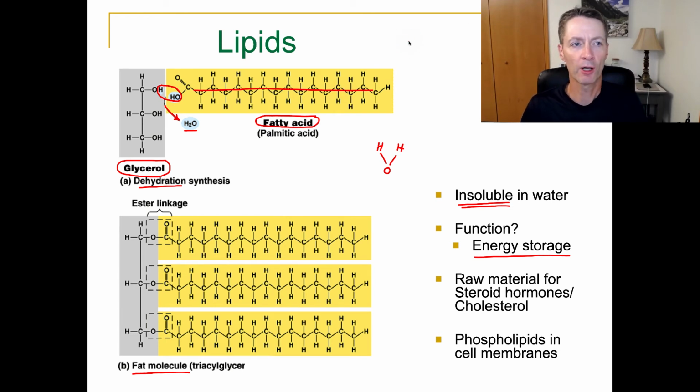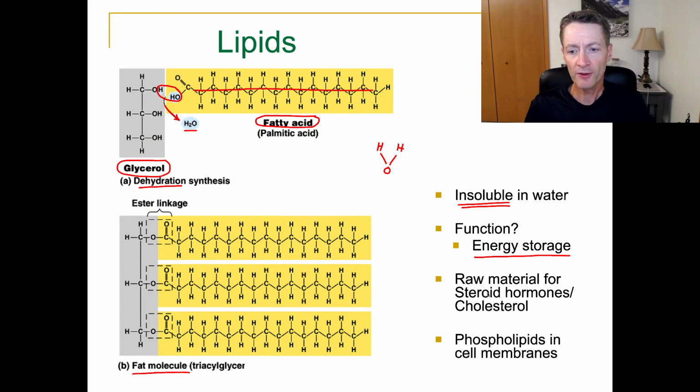Think about your dog. If you buy them a bone shank, it's got a bone and a lot of that white stuff in the middle, the marrow, and a dog goes crazy for that, the middle of the bone. It licks all that stuff out. That's because the fat has a lot of energy in it, okay? That's good stuff for the survival of an animal. So that's the big function I'd want you to know, even though there are a lot of others.